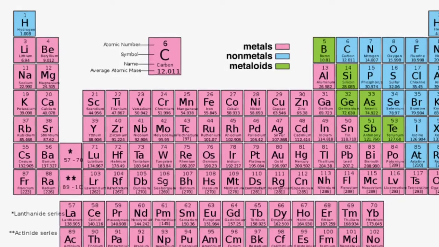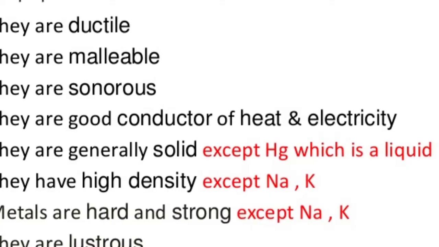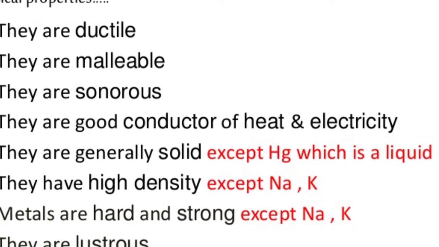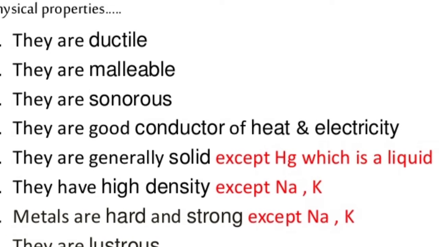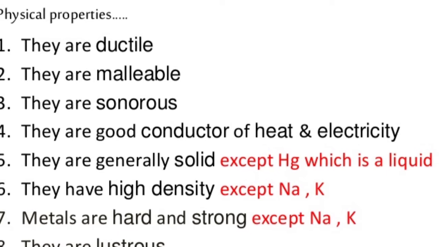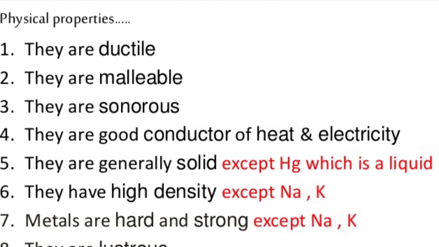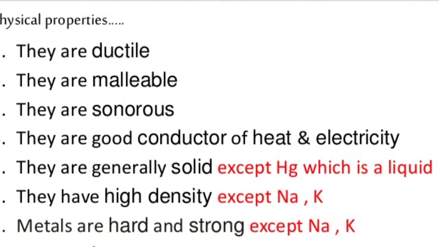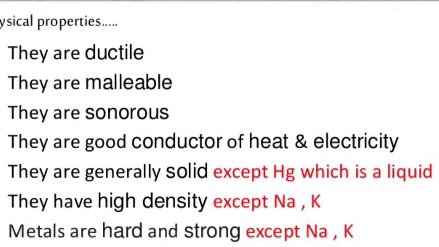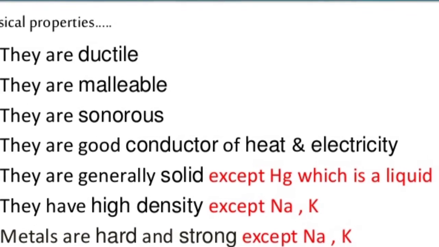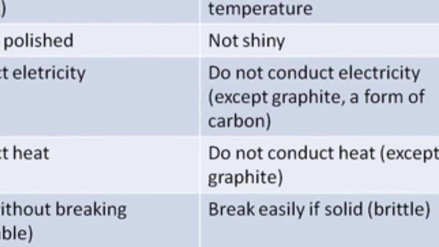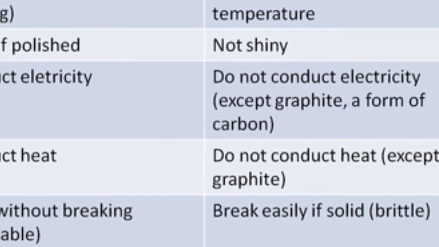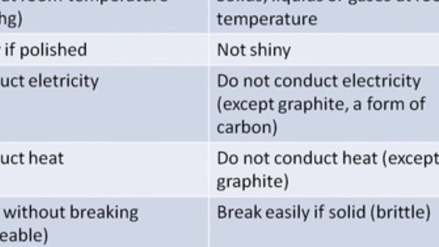Children, let us start with the properties of metals. Metals are ductile, malleable, sonorous, and good conductors of heat and electricity. They are generally solid, except mercury, which is a liquid. They have high density except sodium and potassium. Metals are hard and strong except sodium and potassium. Metals are solid at room temperature, but